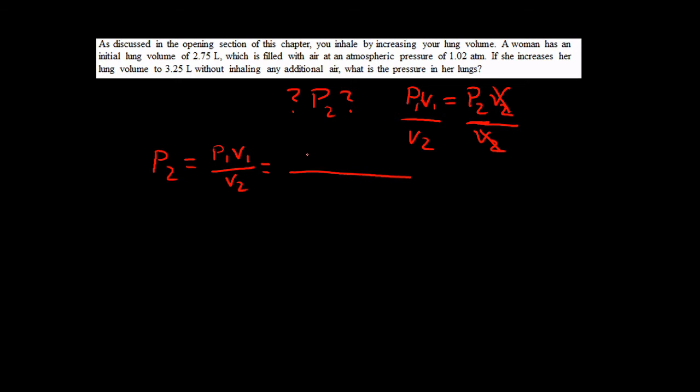And if I just go ahead and input what I know, I'm told that I started at 1.02 atmospheres and a volume of 2.75 liters, and that she ended with 3.25 liters. So if you notice here, my liters cancel out. So if I do that math, 1.02 times 2.75 divided by 3.25,